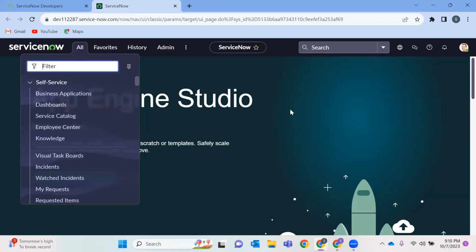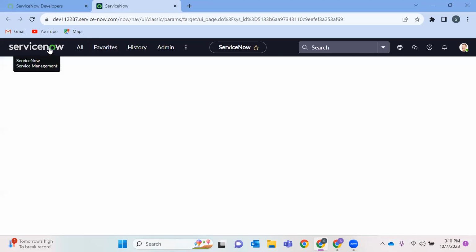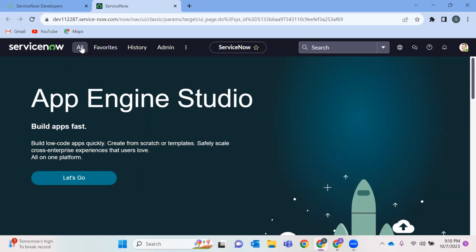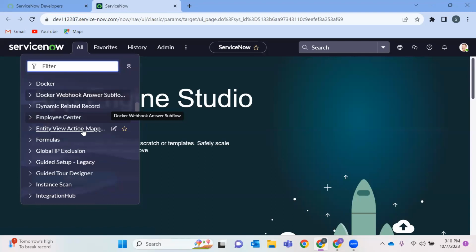So once you log in to your ServiceNow account, this is called your homepage. This is the logo. Whenever you click on this logo, you'll be taken to the homepage directly. And this is called a navigator, left navigator. As this is located on the left side of your screen while working, we call it the left navigator, because from here you'll navigate many of the applications, menus, and modules.